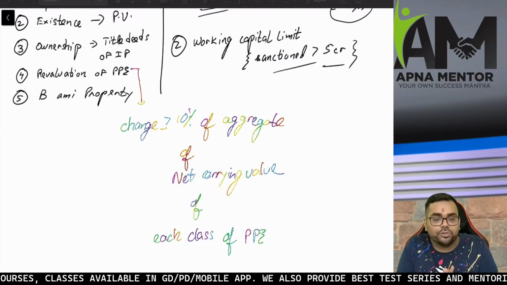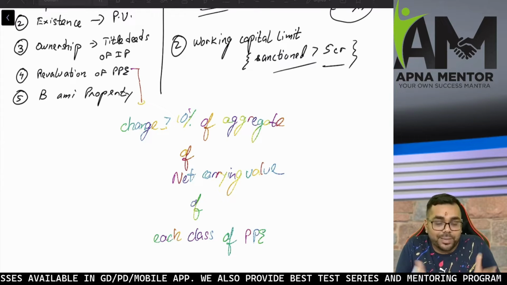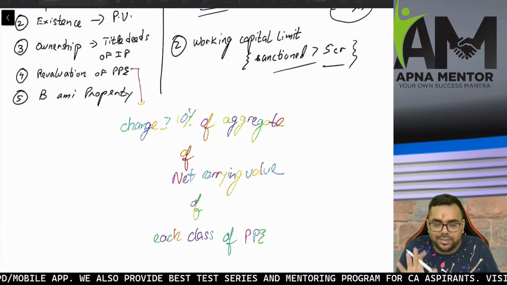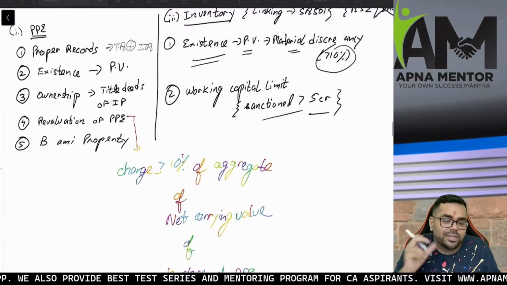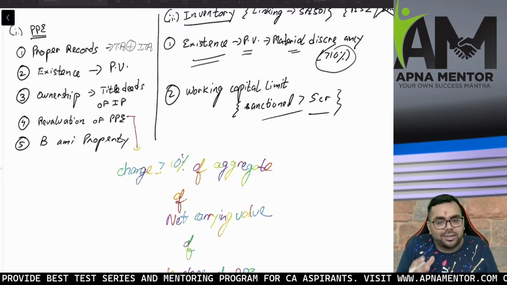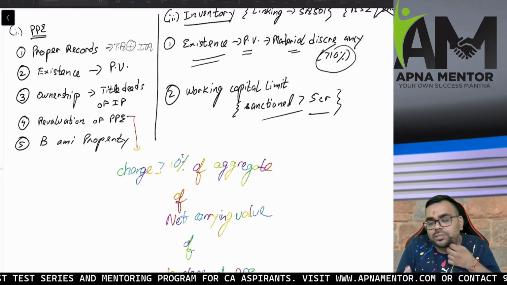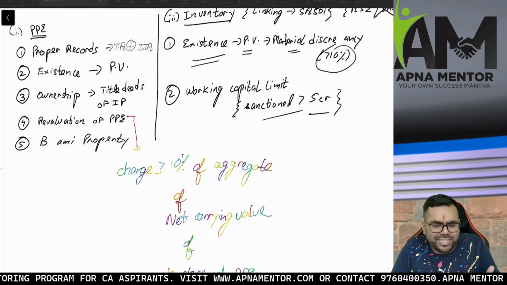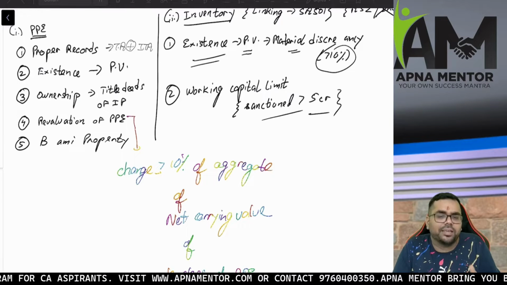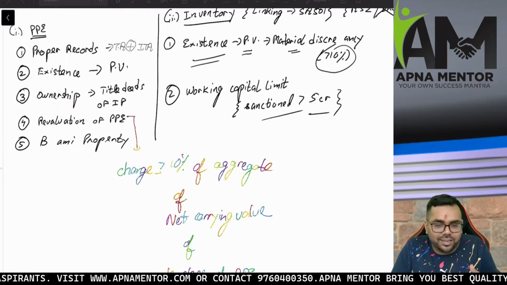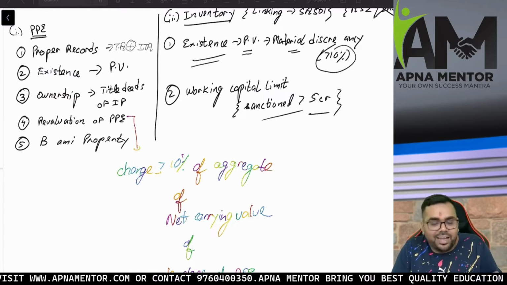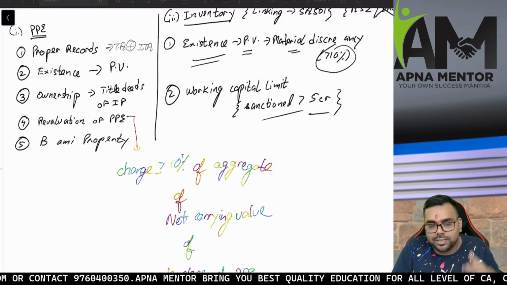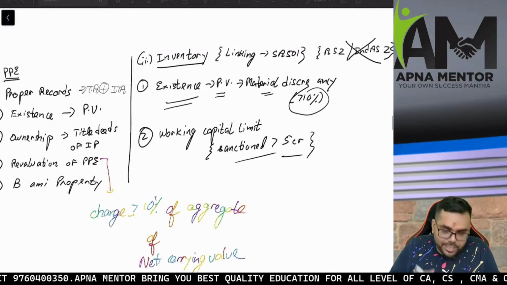And fifth, I need to report whether the company is not holding any Benami property and the Benami Transactions Act 1988 is not initiated. So that is something I have to report. I believe you understand what Benami property is. The company is not holding the property in its own name, and maybe someone else is holding the property in the name of the company, or maybe they have created a fictitious identity, and that fictitious identity is holding a property or something like that. So that is the Benami law, that is the Benami property. So 5 things in PPE we have to check.